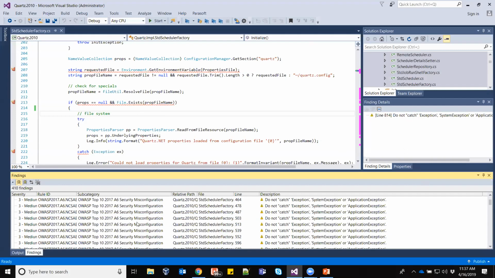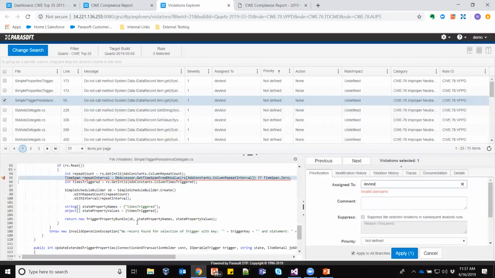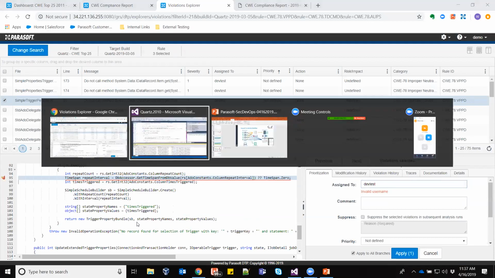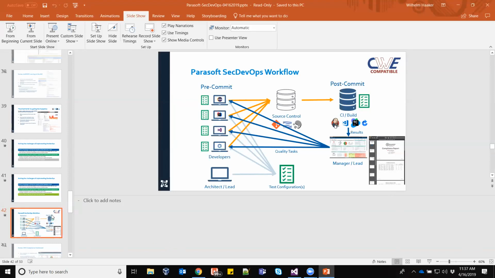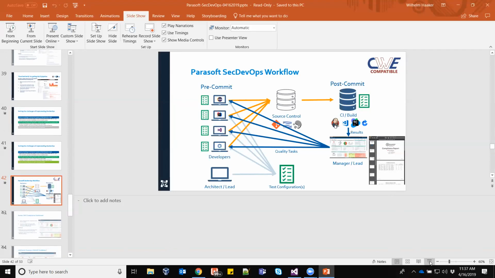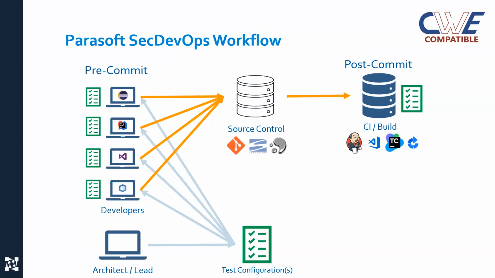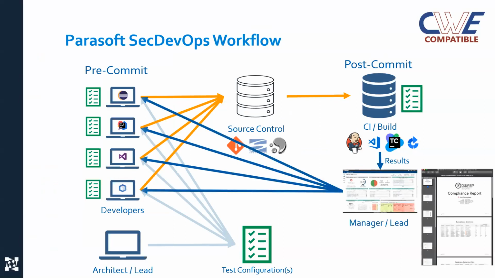So these are the three phases or three roles that we have when we start looking at our reporting and analytics, and how that affects the overall workflow, and how the team can use this technology to really embed security into their process and be proactive about it.